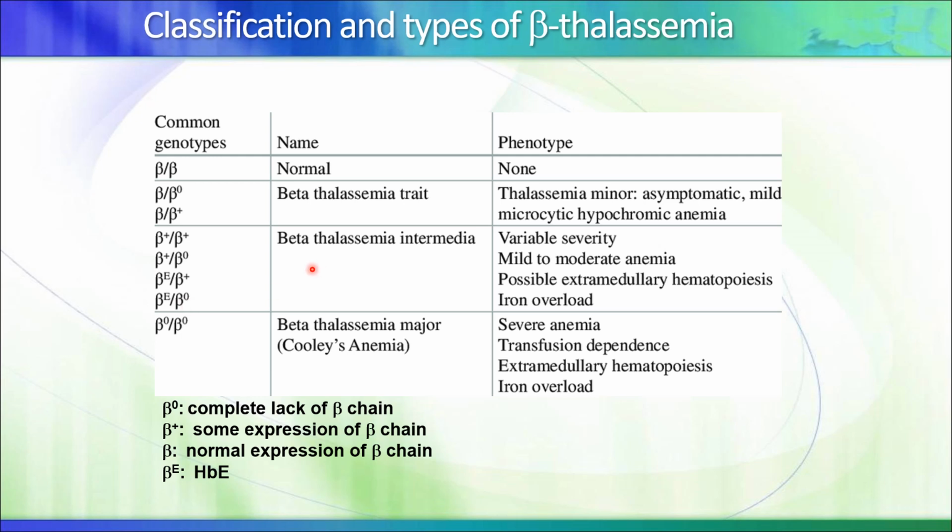So this is known as beta-thalassemia intermedia. They have variable severity, with mild to moderate anemia, and so on. But they have iron overload. Or you can have